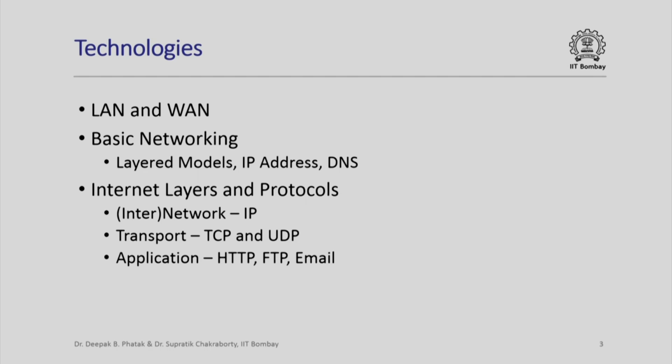Wide area network or WAN, on the other hand, refers to network which spreads across cities, across continents, across larger campuses. Obviously, a wide area network will consist of connections between various local area networks. The basic networking, when it evolved, was represented by a layered model. Theoretically, a 7-layer model was conceived. In practice, there were 3 major layers identified.